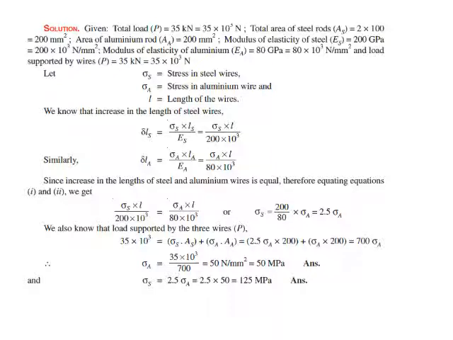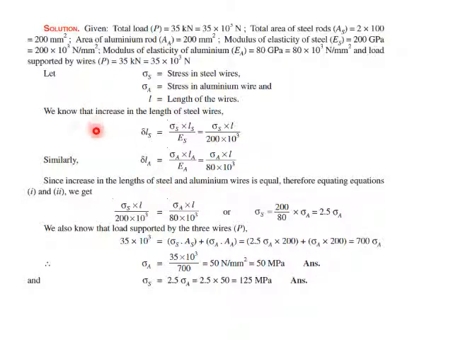So total P is equal to PS plus PC. So load carried by steel and load carried by not PC, aluminium. PS plus PA, steel plus aluminium. Correct? So total is 35 kilonewton, convert in Newton, that is 35 into 10 raised to 3 newtons. Okay. So steel area has been given to you. It was each area, so I have multiplied 2 into 100. Next, aluminium, it is 200 mm square. Young's modulus of steel I have converted in Newton per mm square. Similarly for aluminium.